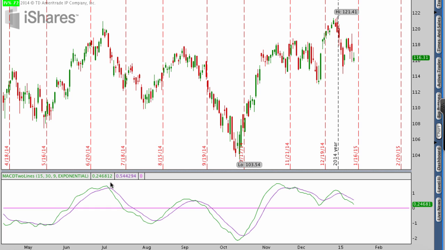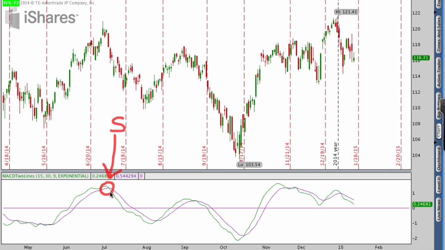Now, in our case, we are looking specifically for that cross in the moving average. So in this case, the one that I'm pointing to right now on the screen, this is the moving average that has now crossed under the purple line, and that gives us a very clear sell signal. So when we see that shorter term moving average, that green line, cross below the purple line, which is our longer term moving average, that means that short-term momentum is getting sucked out of the security relative to long-term momentum, and therefore we should be out of the security or at least be wary of